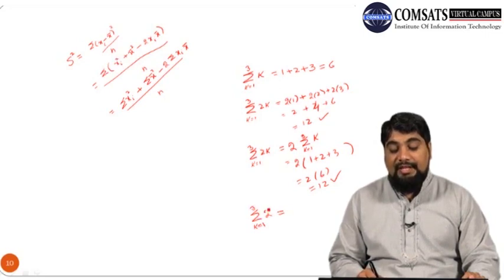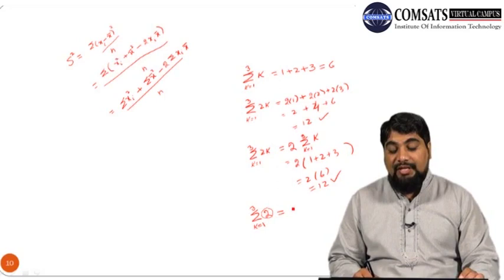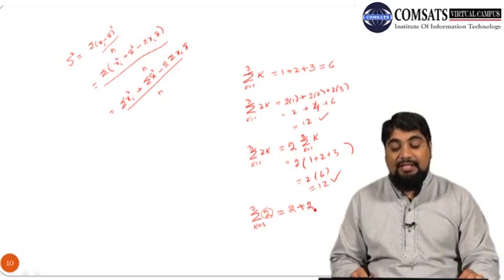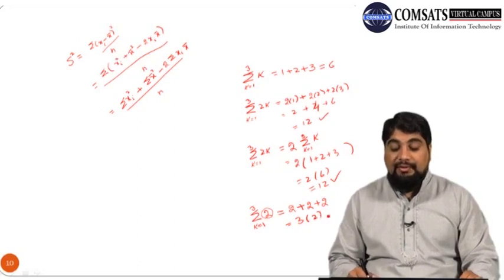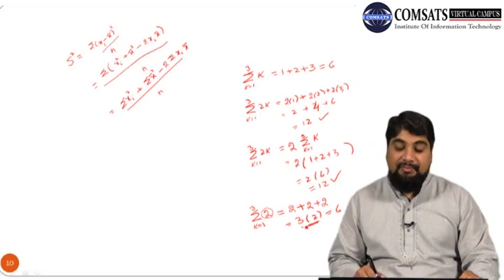So now you can see that here there is no k, we have just the constant number 2. So when k is 1, we will get the same number 2, summation meaning plus. When k is 2, again there is no k, so we will again write the same number, and when k is 3 we will get again the same number. So we can write it as 3 times 2, or in other words 6. So this is important to note.